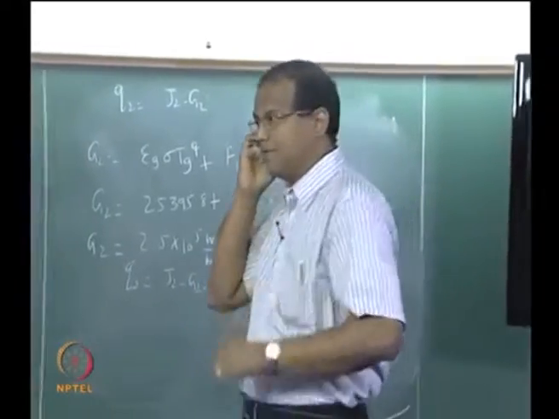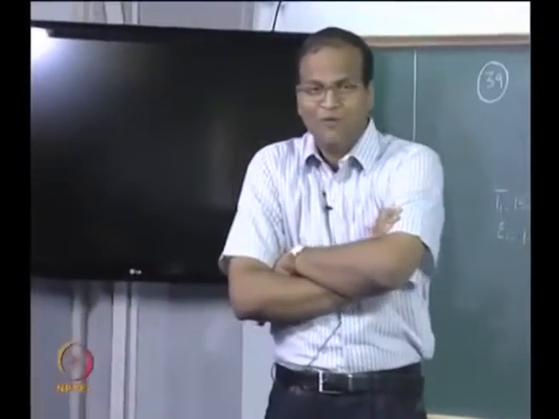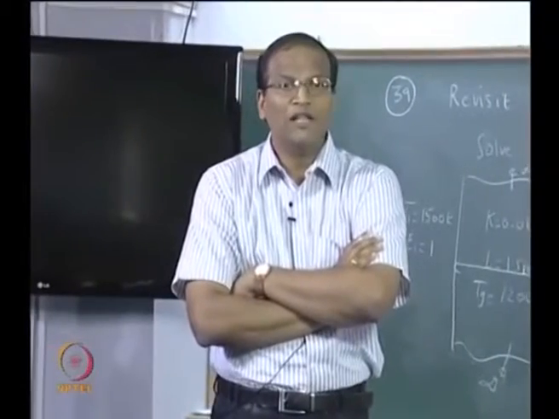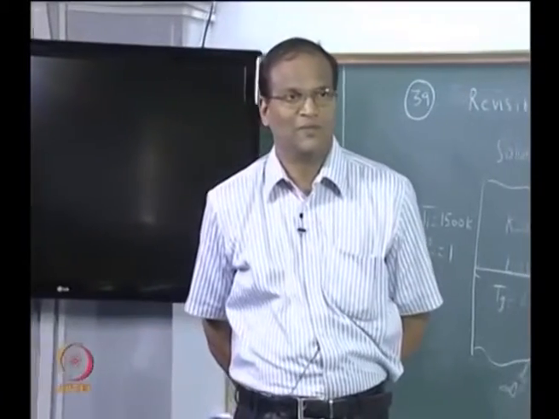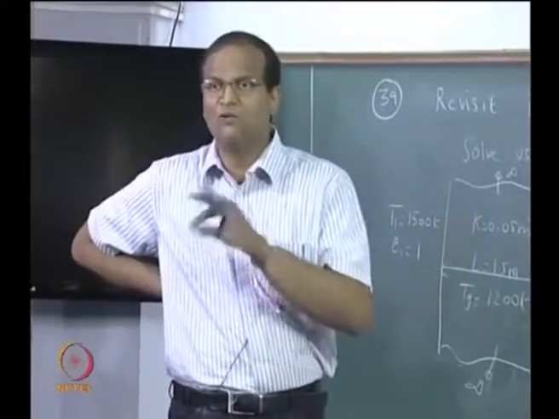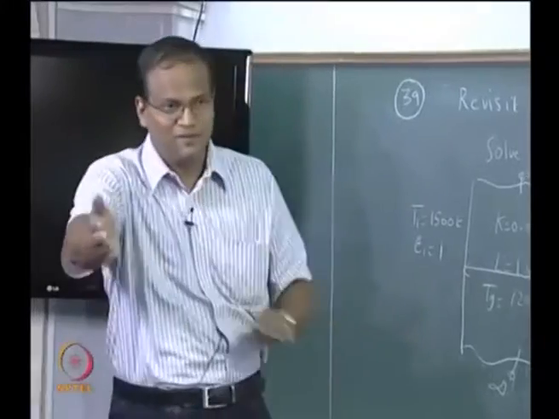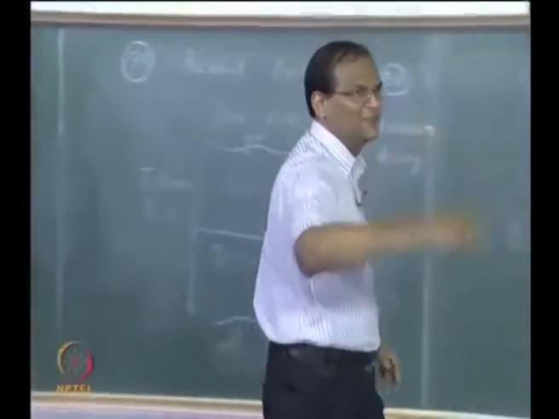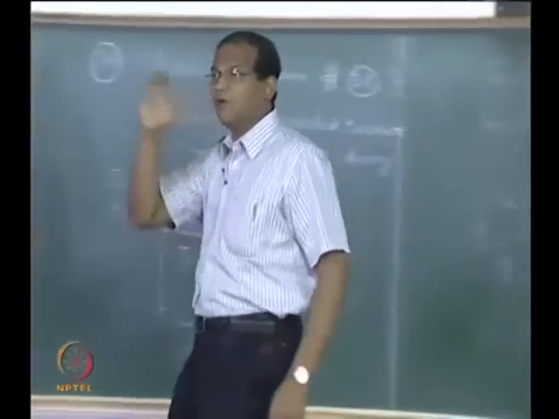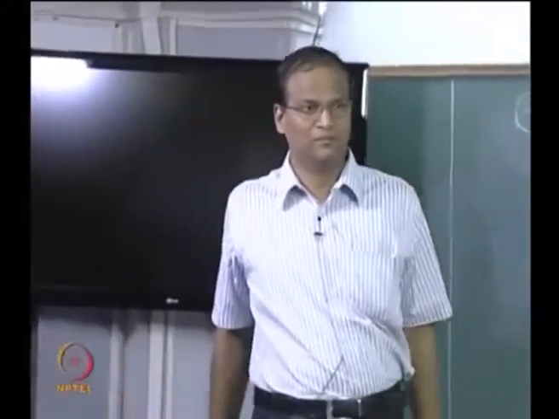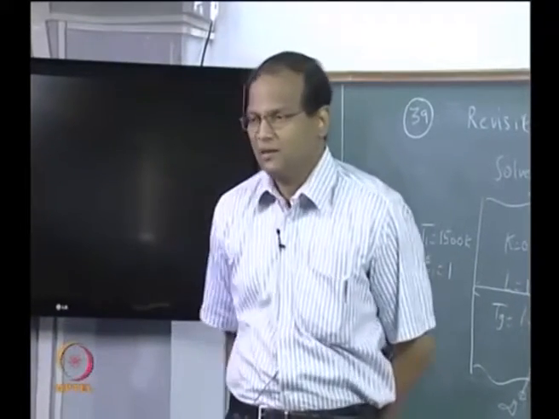Alternatively, I can pose the problem like this. For equilibrium to prevail between these two parallel plates, what should be the gas temperature? That means I will put Q1 is equal to minus Q2, but then I will keep Tg as unknown and I will find out the resultant temperature. You are going to do that and we will close the class with that. Problem number 40. Is it okay? That is called, what I am talking to you about is radiative equilibrium. Okay? Okay.